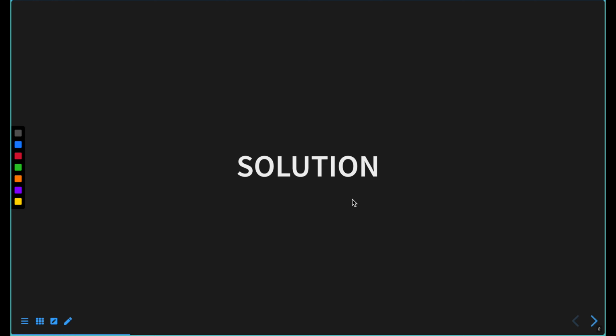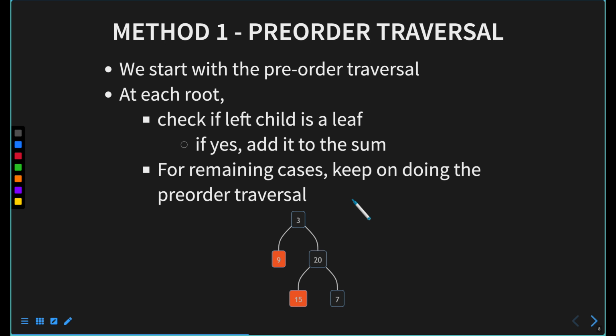Now that we have understood the problem, let's jump into the solution space. There are multiple ways to solve this problem. One way can be that we can do the pre-order traversal. So the simple idea is that at each, so pre-order traversal means first focusing on the parent and then focusing